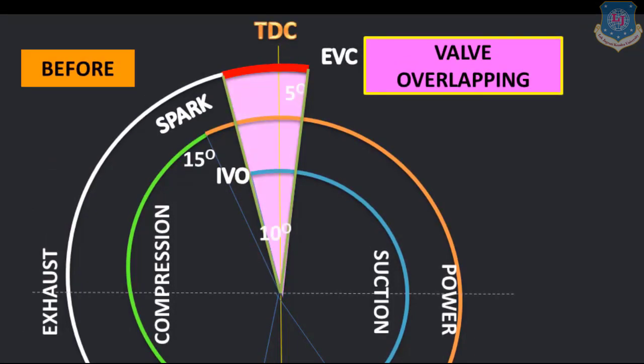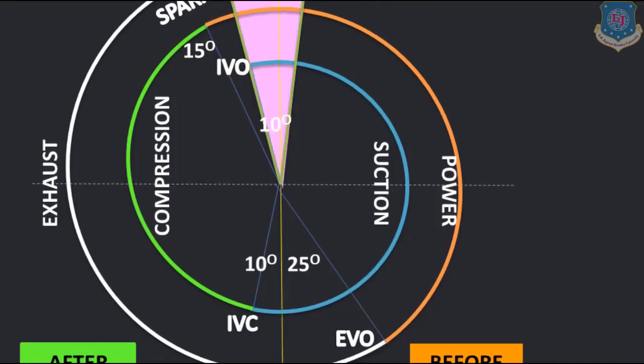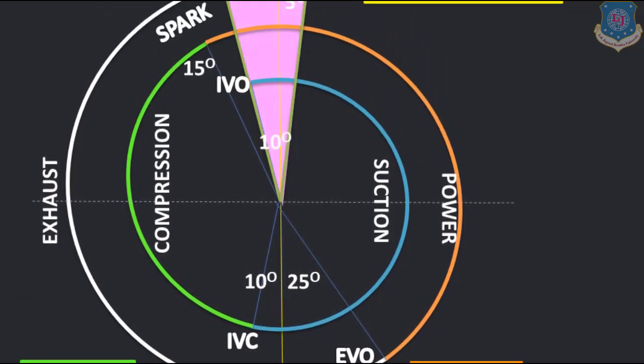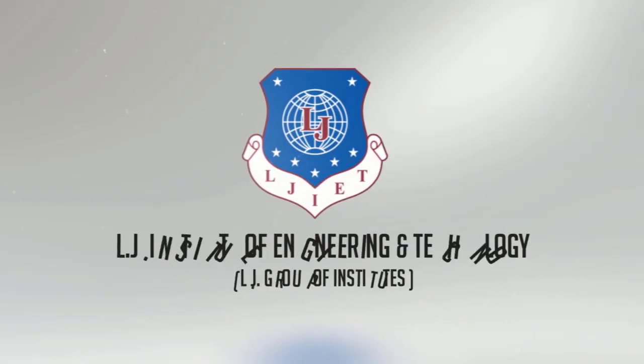The position of the piston is taken in the form of TDC and BDC. Crank position is taken in terms of degrees. So we combine both of them and give it a notation with valves like the inlet valve and exhaust valve. Fine. So in this session we will learn about the diesel engine valve timing diagram. So let's start our video.